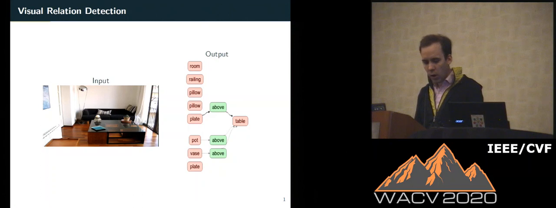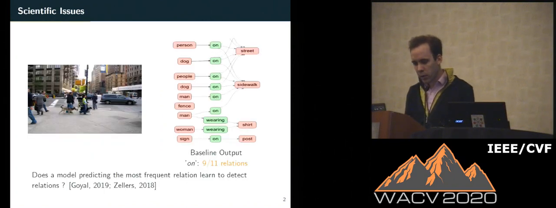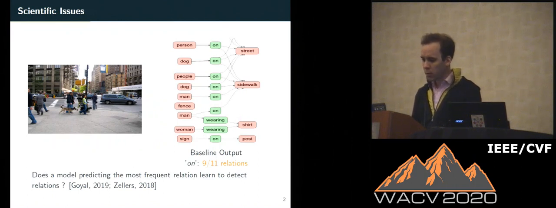The issue we aim to tackle here is the fact that existing models tend to only predict the most frequent relation when given a high number of objects. This is due to a phenomenon called reporting bias, as well as the high imbalance of examples in Visual Genome, which is a commonly studied visual relation detection dataset. This results in models which overlook the rarer relations between the objects. For example, person walking dog here in this image.